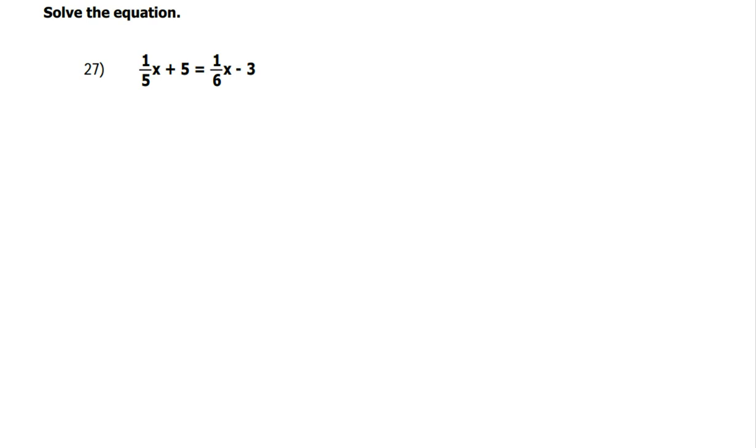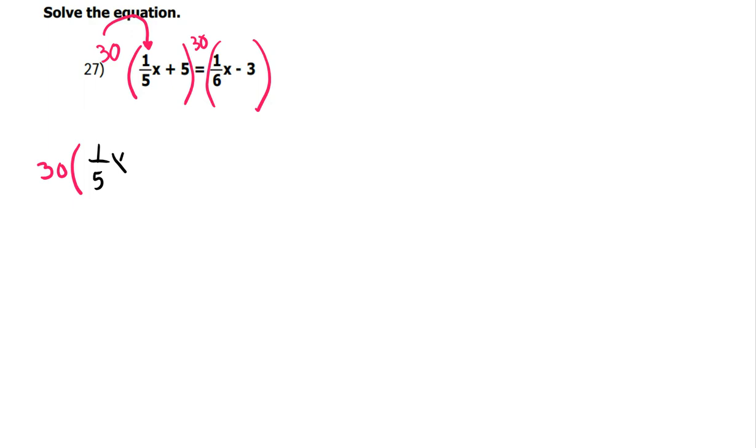Since one denominator is a 5 and the other denominator is a 6, and 5 times 6 is 30, I'm going with 30. So I am going to multiply both sides of the equation by 30. And I'm actually going to write this out so you can see exactly what happens. You're going to distribute the 30 to the